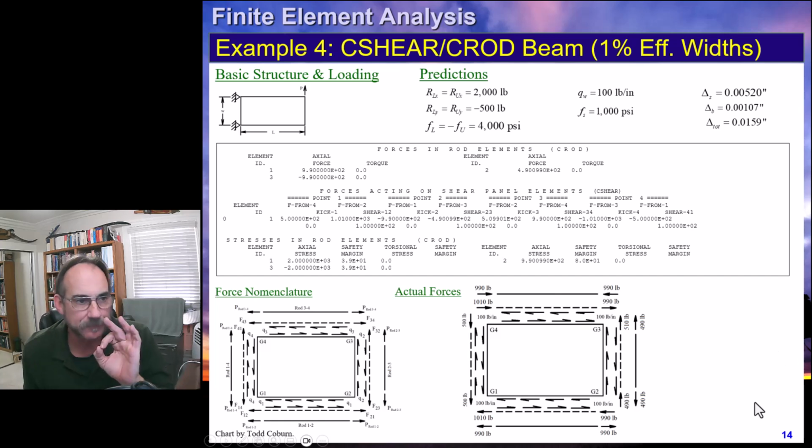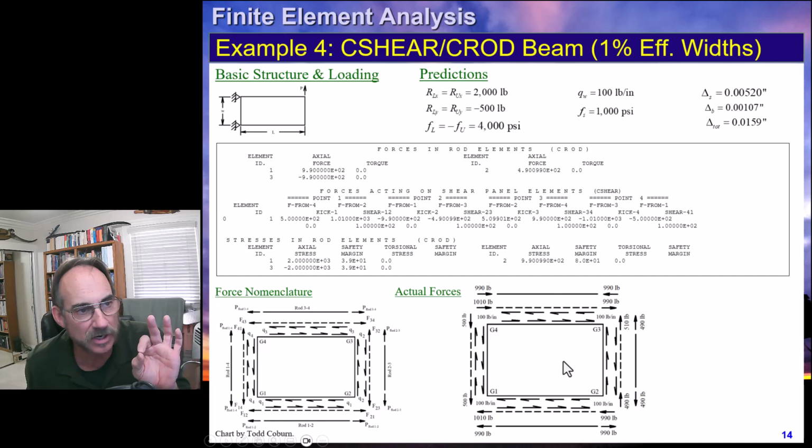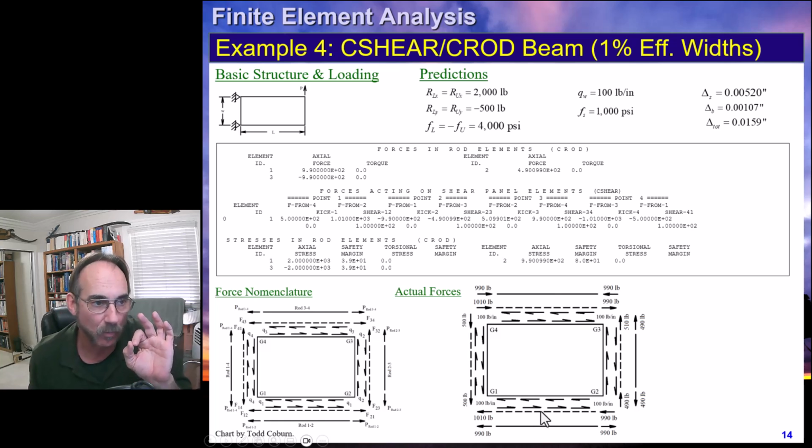Now, if you look at this, we find out this is correct. If we start with a shear panel, this is completely balanced, right? As we saw before. Now let's look at this lower rod. This lower rod is not two separate rods. We don't have a C rod and an imaginary shear rod. We have a single rod, and it's idealized with these two pieces. So the total force at the left end is 990 plus 1010, 2,000 pounds, perfectly matches our prediction. And when you divide by the area of a ½ inch, you find out we have the 4,000 psi as